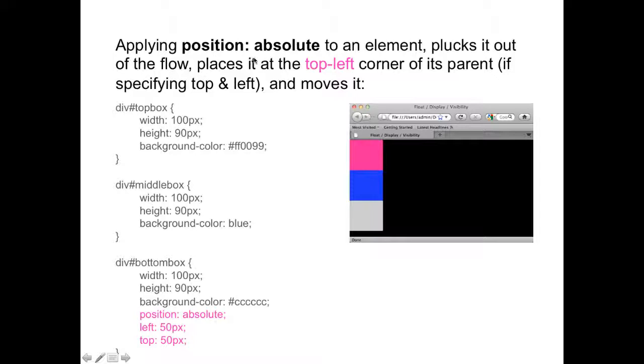The rule is saying that if a div has a position absolute, it's going to be plucked out of the flow, which means this gray box will no longer be number 3 in the order of elements in HTML, because fuchsia is 1, the blue div is 2, and the gray div is 3. So if it's going to be plucked out of the flow, it's no longer going to be number 3. It's going to be plucked out, and it's going to go to the top left corner of its parent. Okay? So the gray will be plucked out and will move to the top left corner of its parent and